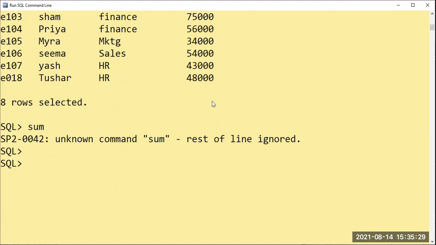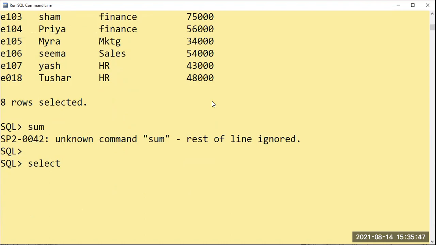So I will just calculate all salaries today. Now, select. You are supposed to write the keywords as SUM, AVG, MAX, MIN, COUNT.